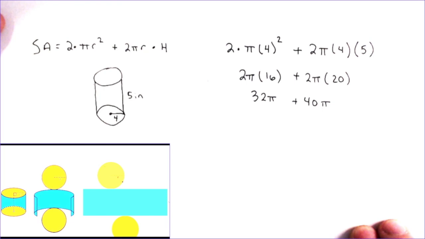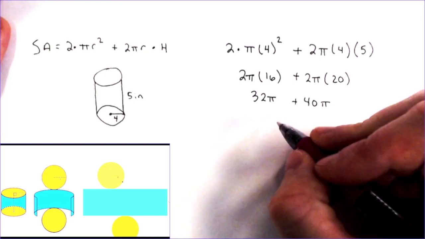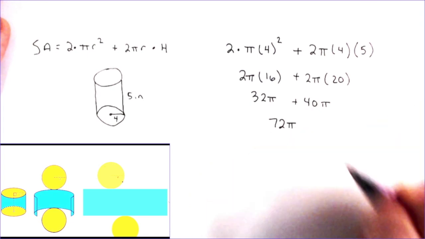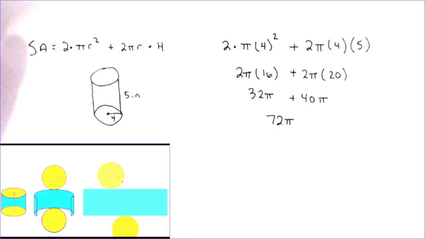And then, because these both have a pi, you can just add 32 and 40 together to get 72 pi. And you can leave it in terms of pi, or you can multiply now by 3.14. So if you take that 72 and multiply by 3.14,